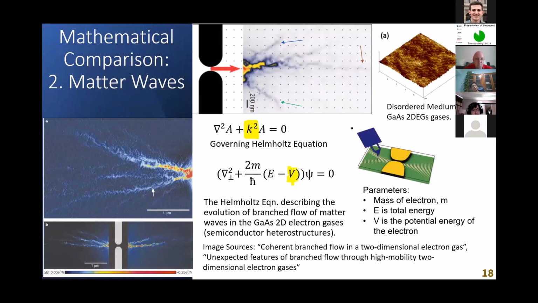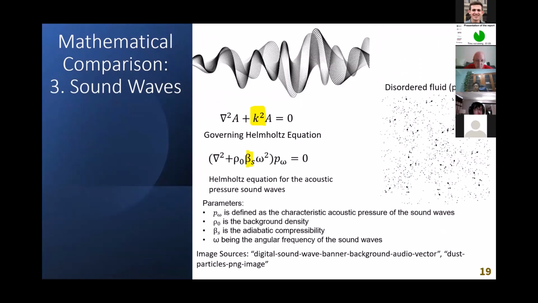So in this case, our gallium arsenide has 2 degrees of freedom for our gases, and that will produce very random ripples in the background potential, which affects the potential energy of the electron, which is our matter waves that are being propagated here. So finally, we apply that for sound waves. Unfortunately, I've not found an experimental visualization of this model, but we can still rationalize that this branching pattern still happens